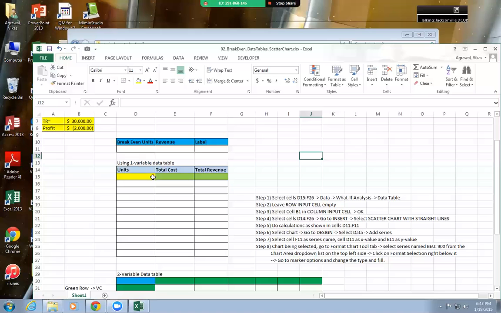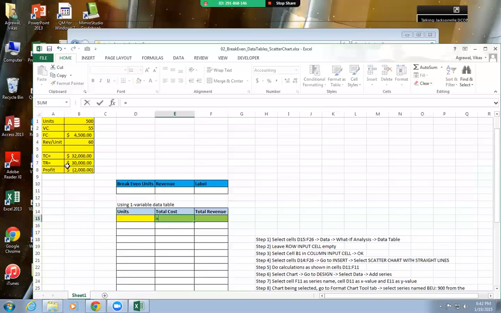So what we're going to do here is list our output. What is it that we want to capture? Obviously, we want to capture total cost and total revenue. So here what I would do is total cost equals, I'm just going to pass on that reference. Remember, passing on the reference for the output is a must. Otherwise, your data table will not work. And total revenue equals this cell here. Are you guys with me?